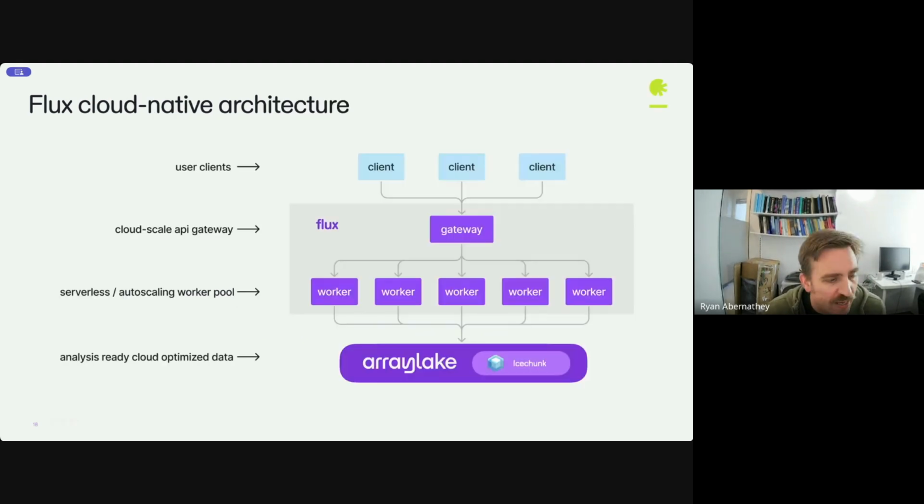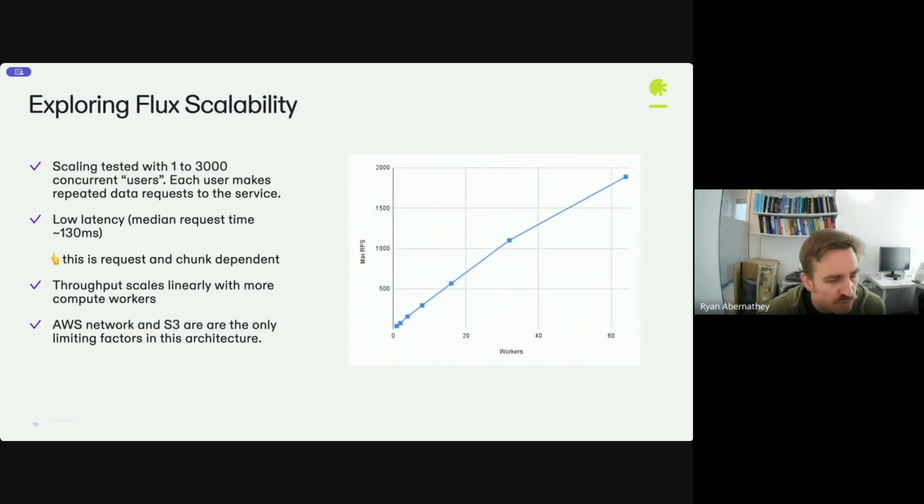Under the hood, what's powering that is a highly scalable cloud-native architecture, right? So within our platform, all data are stored in Cloud Object Storage, which provides a single copy of the data that can then serve many different backend worker processes. And so the Flux service itself is served by a stateless auto-scaling pool of workers that can scale up and down with the load on the service. And then all of this passes through an API gateway before reaching clients. And so because of this architecture, we're able to scale the Flux service up and down really easily, elastically, in